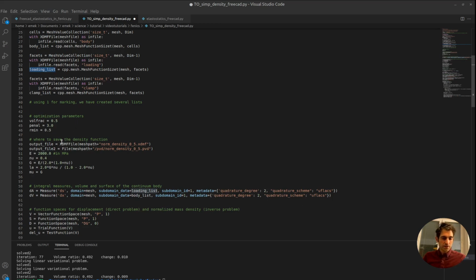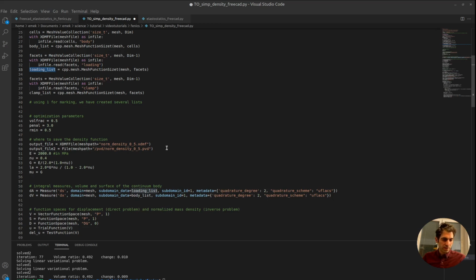I'm writing out as an XDMF file, and also I'm writing out as a PVD file. So there are no huge differences between them. XDMF is like writing every time into that, so it's difficult to open when iterations are not done. And PVD is like trying to do for each iteration a new file. So it may be more handy, but then you will have a bunch of files, right? So it is a little bit of a taste, whatever you like to use. So for large problems, XDMF may be nicer to have, but technically speaking, for a small problem like that,